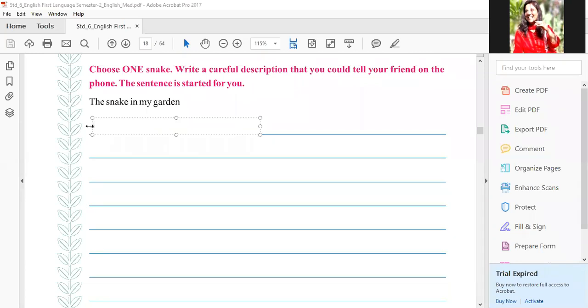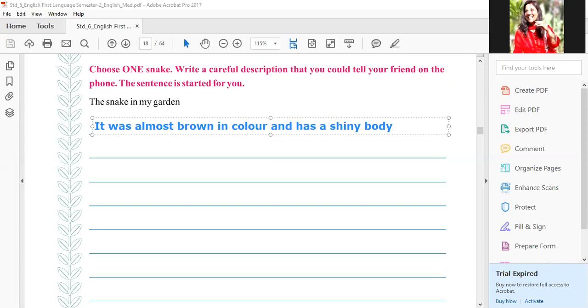Okay, come on. Just say, for example, I'll write it. The snake in my garden was almost brown in color, right? जो आपने snake देखा है, what color is it? It is brown in color, right? And has a shiny body. ठीक है? Because you have to describe the snake now, which you have seen, and has a shiny body. ठीक है? Then